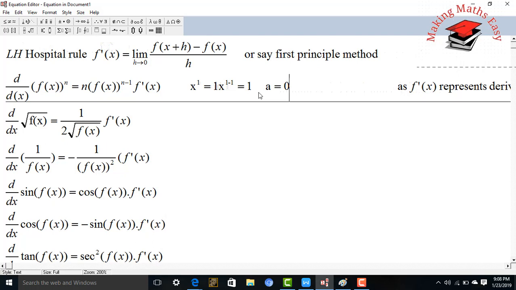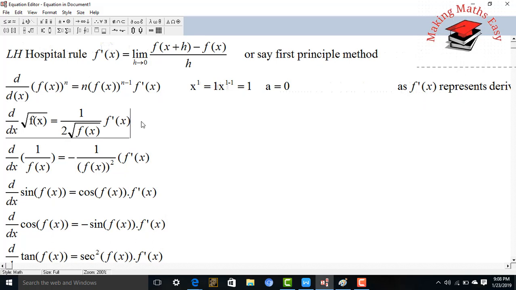A very interesting example: the derivative of square root of f of x is equal to 1 upon 2 square root of f of x into f dash of x. Let us consider f of x equal to x. Then the derivative of square root of f of x will be, replacing the value of f of x by x,